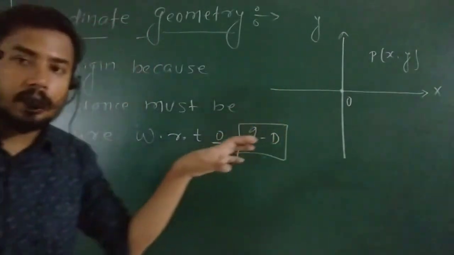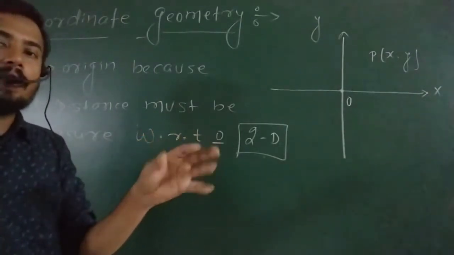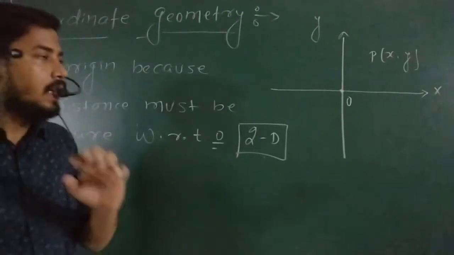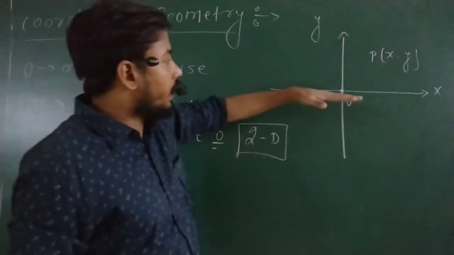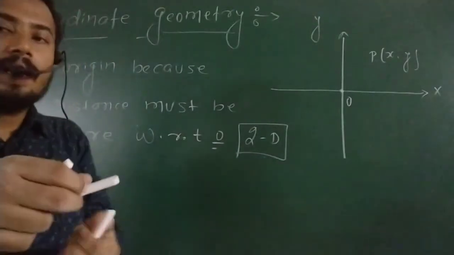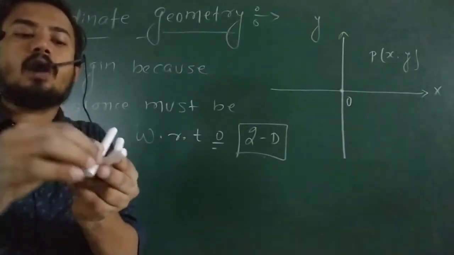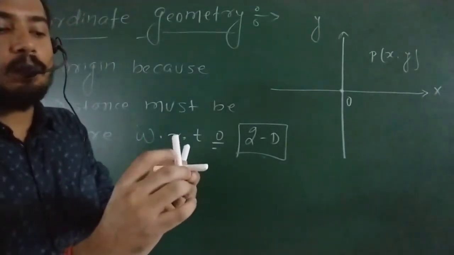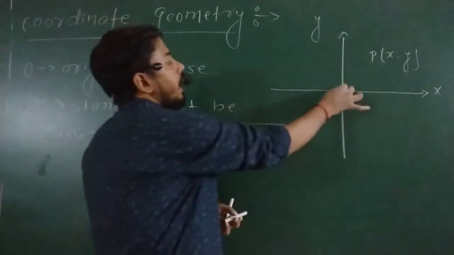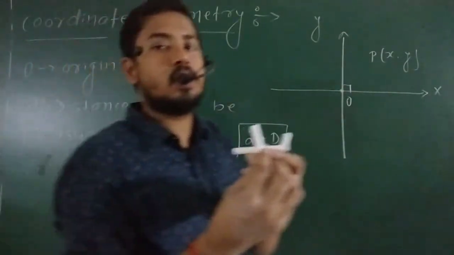You have studied all these things in class 9th, but again I am taking it because maybe in class 9 some students did not get it properly, maybe they did not pay attention. So just see here, this is the horizontal x-axis and this is the y-axis. This point of intersection is called origin, my dear. Getting my points? And these two axes must be at 90 degrees. This point of intersection is called origin.